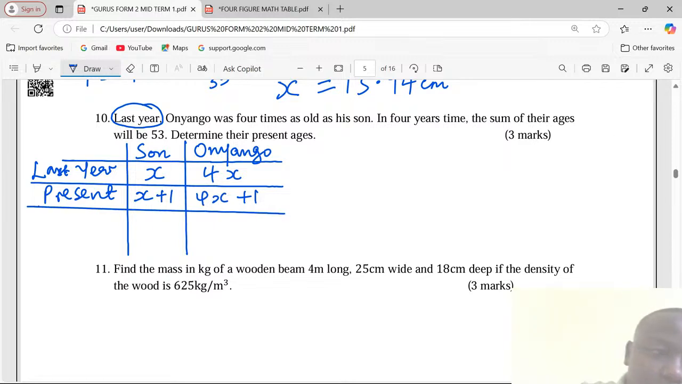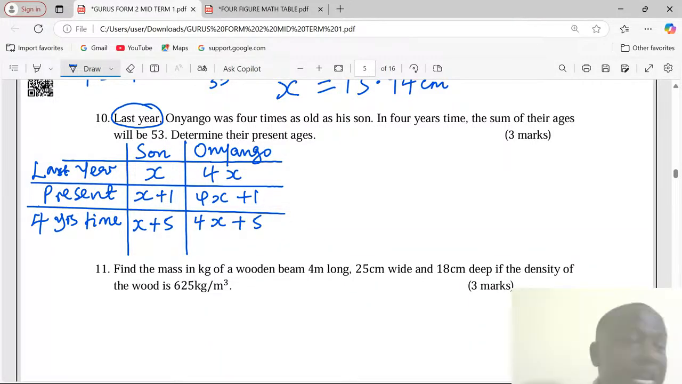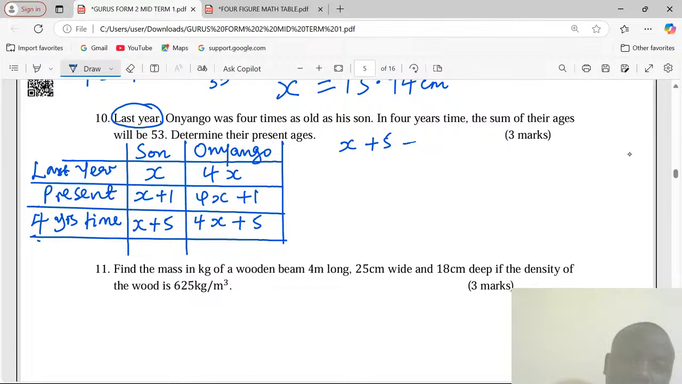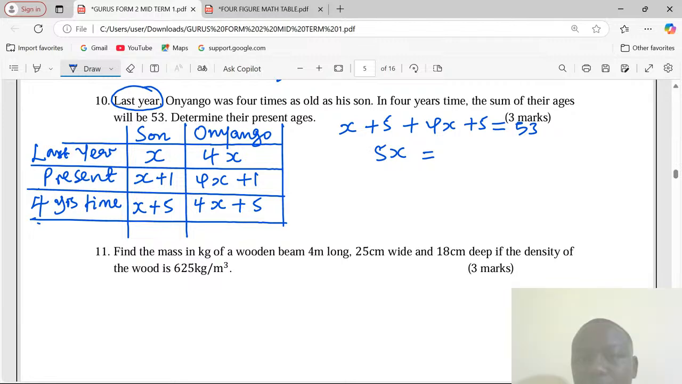Then in 4 years' time, the son will have increased by 4, so it'll be X plus 5. Onyango will also increase by 4, so plus 5 at that point. This is what will help you to score in the examination. Now with this table, we can look at which age we can get an equation for. In 4 years' time, the sum of their ages will be 53. So X plus 5, then 4X plus 5 will be 53. So we can have 5X equals to